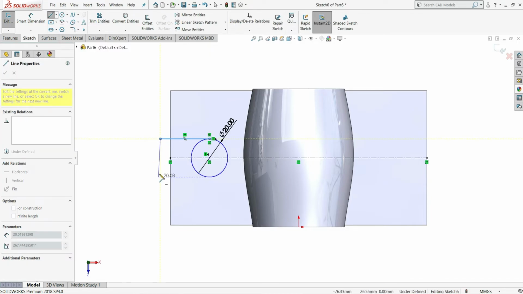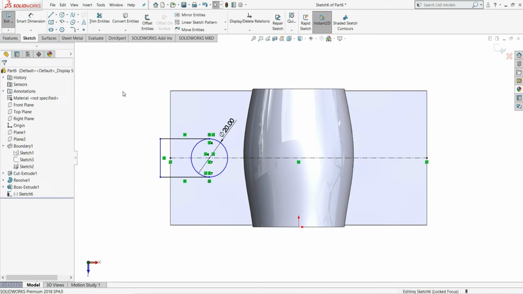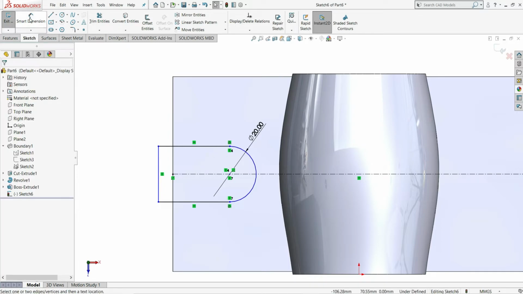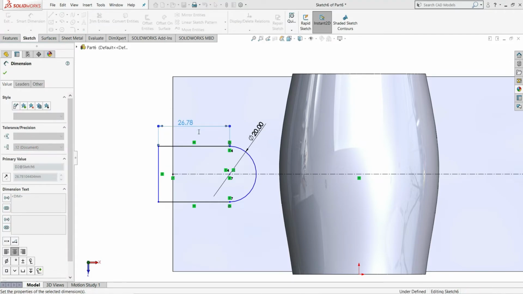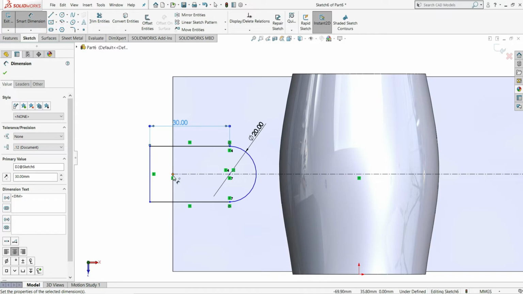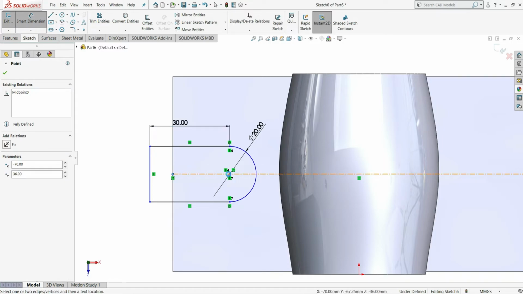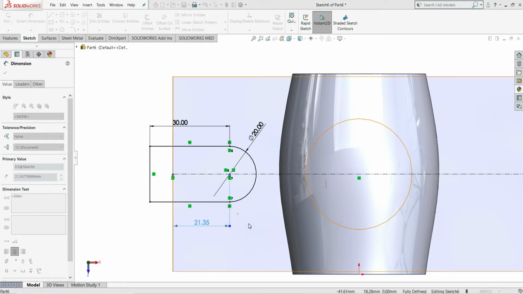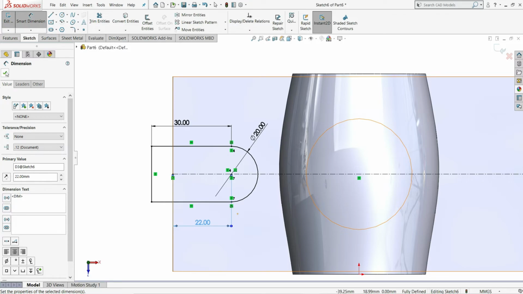horizontally like this and join to this point. Okay, now select trim entities and trim this. Okay, select smart dimension, give this distance. Let me give it 30 mm and from this point to this center point 22 mm. Okay,